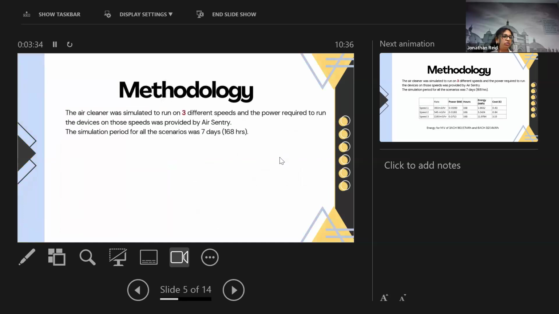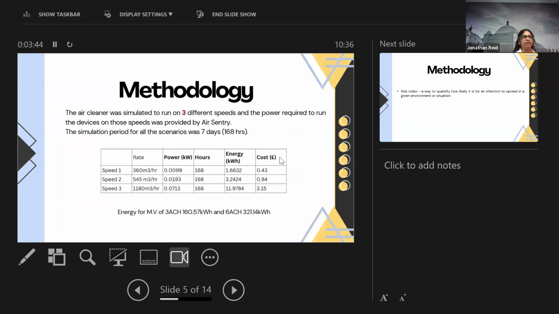The air cleaner that we used was simulated to run on three different speeds, and the power required for these devices to run on three different speeds was given by our industrial partner, AirSentry. The simulation period was 7 days, so it was run for 168 hours. With simple calculations, we calculated the energy required for the air cleaner to run on three different speeds. Using the cost per kilowatt-hour, we calculated the cost required for the device to